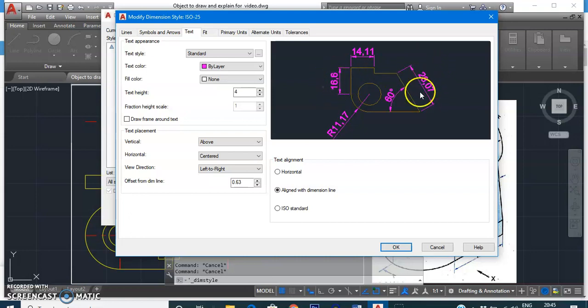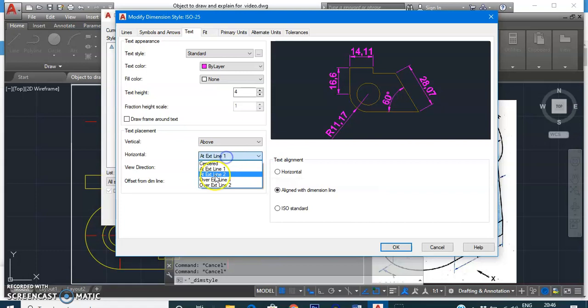You can look over here also that along this 28.07 dimension or length, that number is placed approximately in the center. You can change the setting by keeping it at extension line 1, or at extension line 2, nearer to extension line 2, but we always prefer to go with centered.